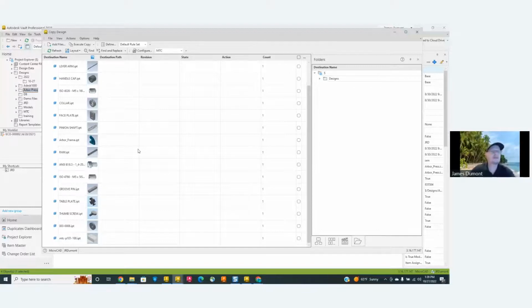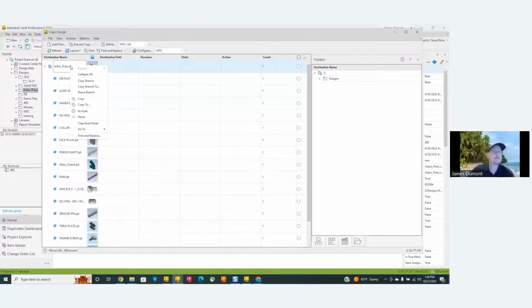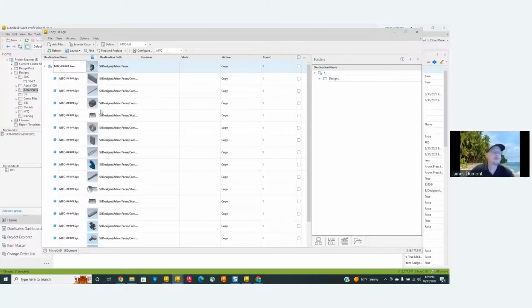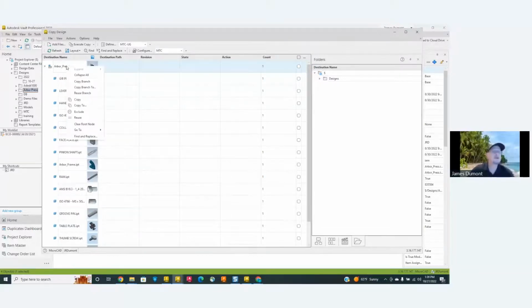So I'm going to set this to my new action rule. MTC is a good numbering scheme that I want to use. I want to copy the top level assembly. If you want to copy everything, you just do copy branch. If you don't, just reuse branch and get back to the beginning stages. I just want to copy the assembly.